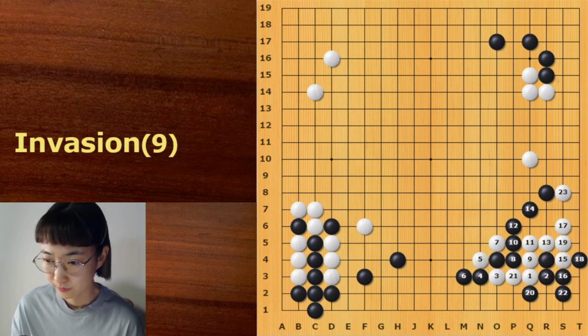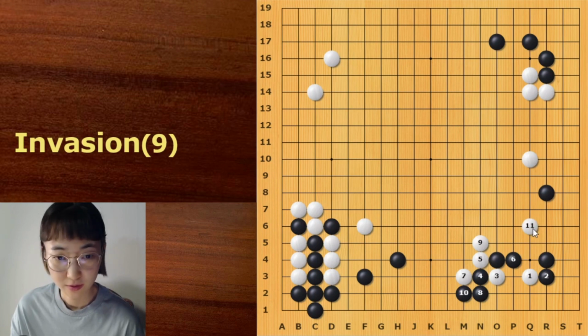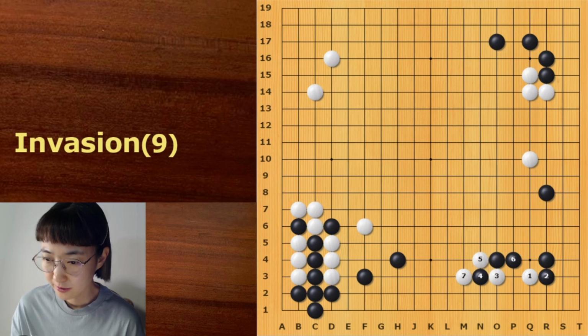So if white plays here, then this is the right answer. Then white can sacrifice these two stones with this sequence. Now this is a very good move. Then we can expect this variation. Remember, if black blocks from the corner, white has